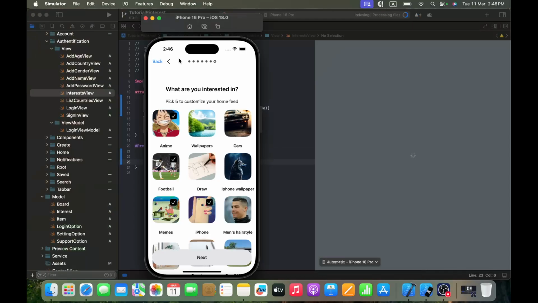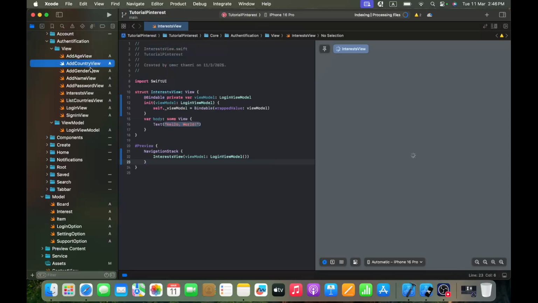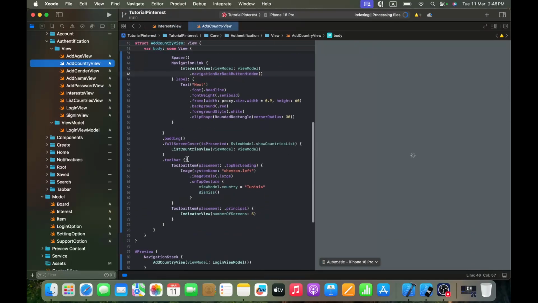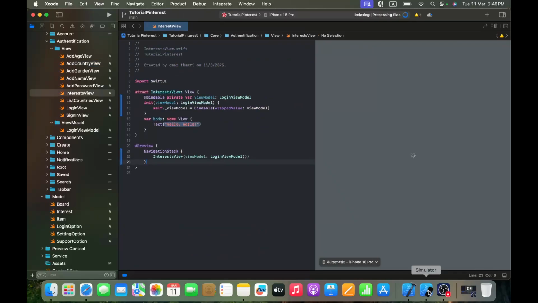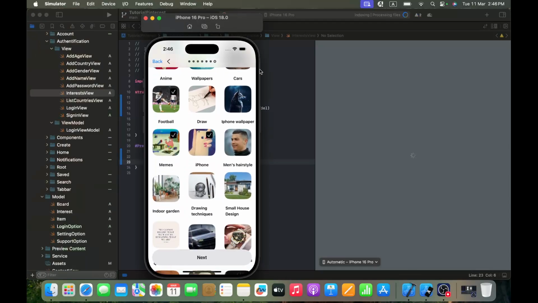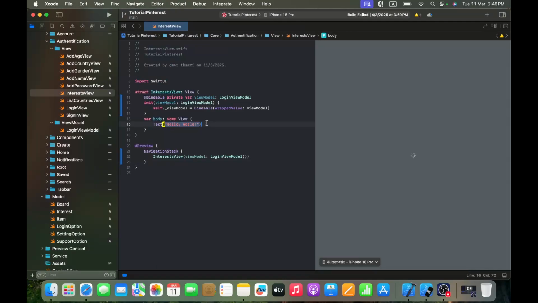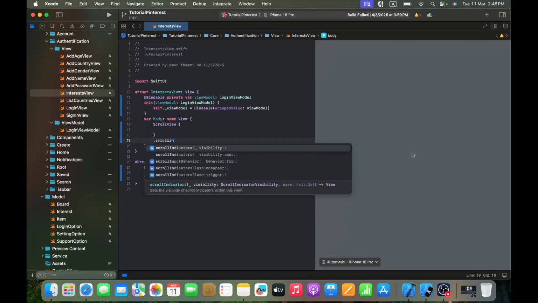And when I say the toolbar, I'm talking about this. Okay, and from my add country view, I am going to go to dot toolbar. I'm going to copy this. And before I paste it, as you can see, this is a scroll view where you don't see also the scroll indicator. So we got here a scroll view where dot scroll indicators is dot hidden,